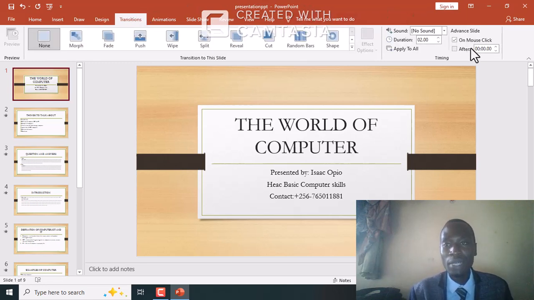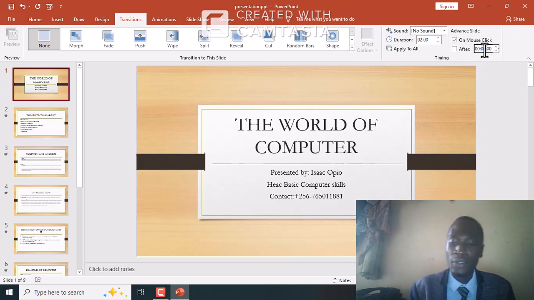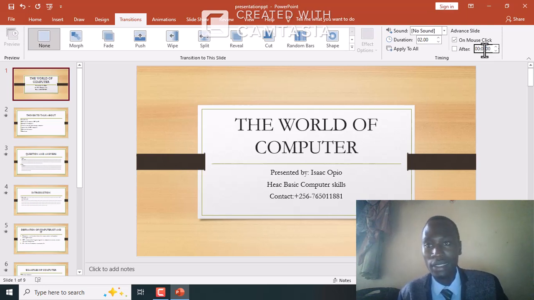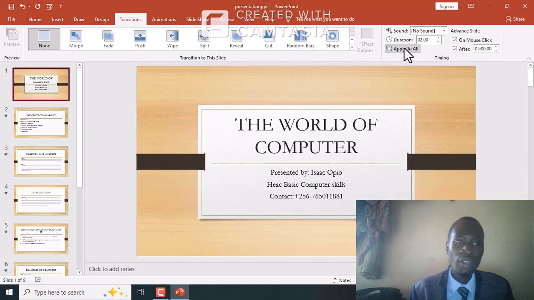So when you want to go and make a presentation, here you have to set the duration you want to take in each slide. So let us say you want to take 5 seconds. Yes, you want to take 5 seconds in each slide. So we will see what will happen. You have to set and apply it to all. So after applying it to all, you will now come and see. Yes, you come here, then you click on